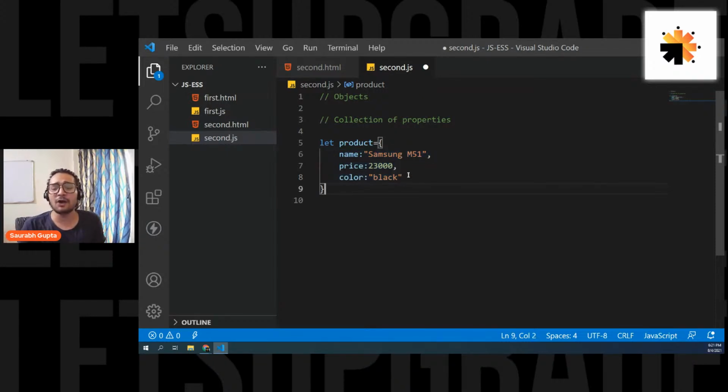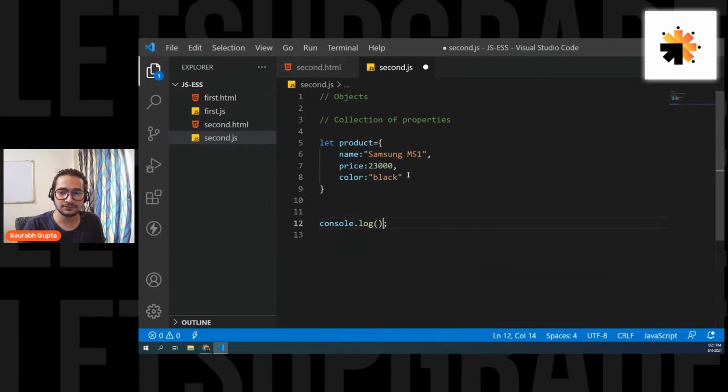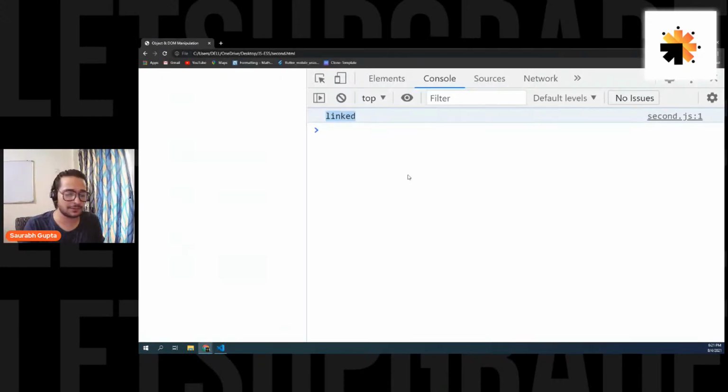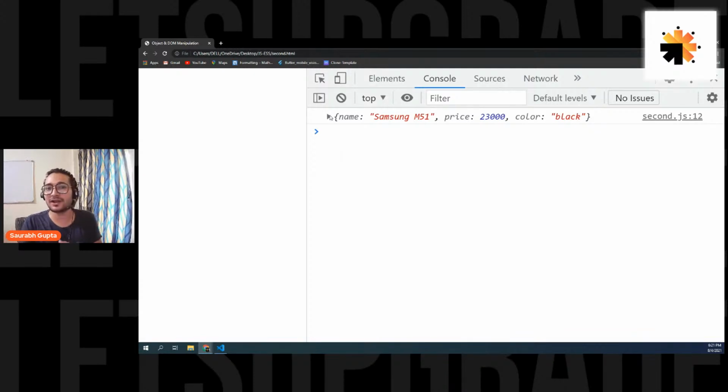Now let's see actually how to use it. Let's print it. Console.log. Let's first directly print the product, the complete object at once. Let's save it and see what is happening here. Refresh, and here we go. See, your console is also printing the whole object. That's where the console helps. This JavaScript browser console is not like normal consoles of C and C++. It is much better than every other language's console. You have seen the Java console, right? It's a simple white thing, but you can only print, and you cannot see all the data in detail. In C and C++, it's a black console, and you can only see the final data.